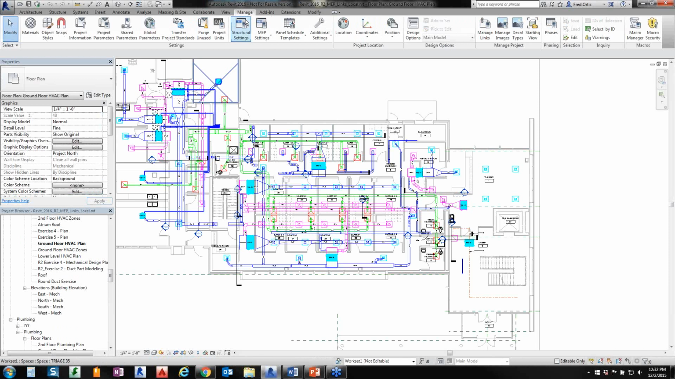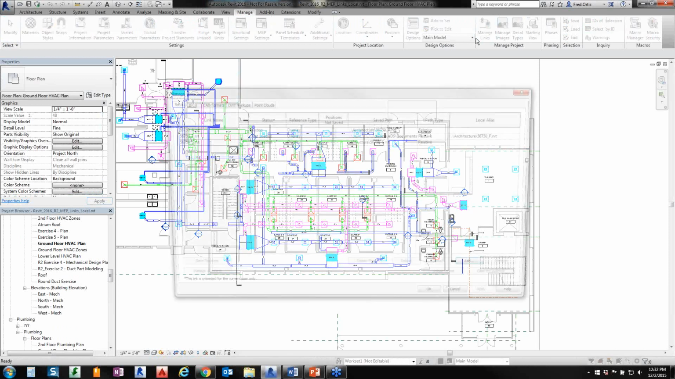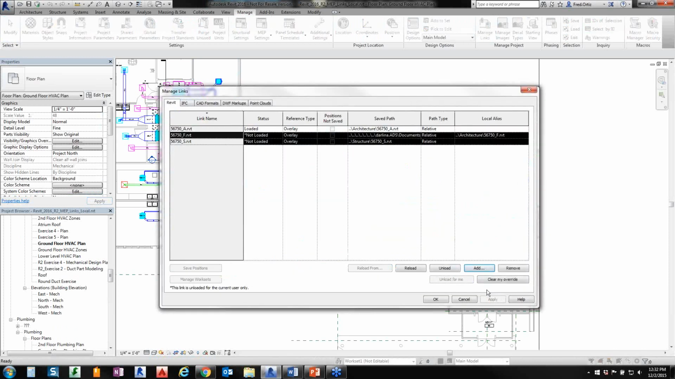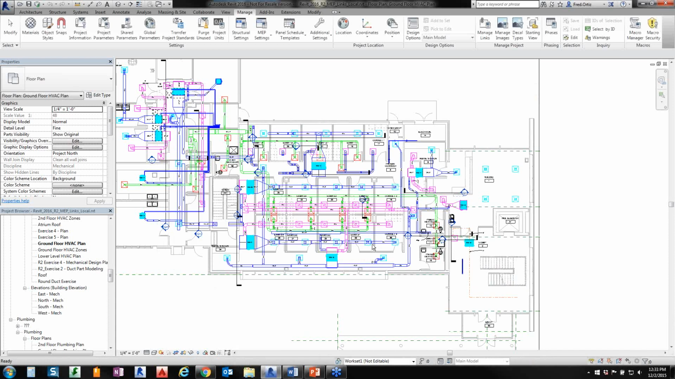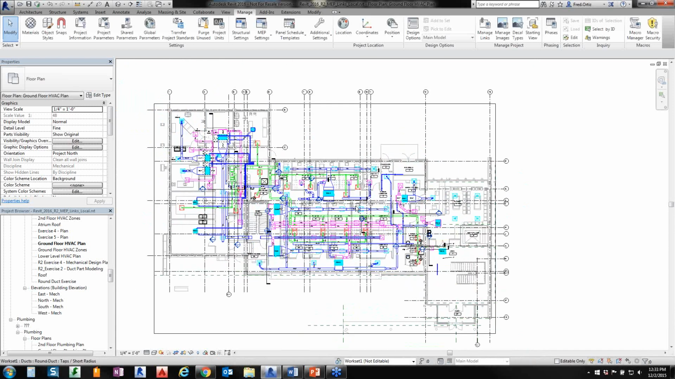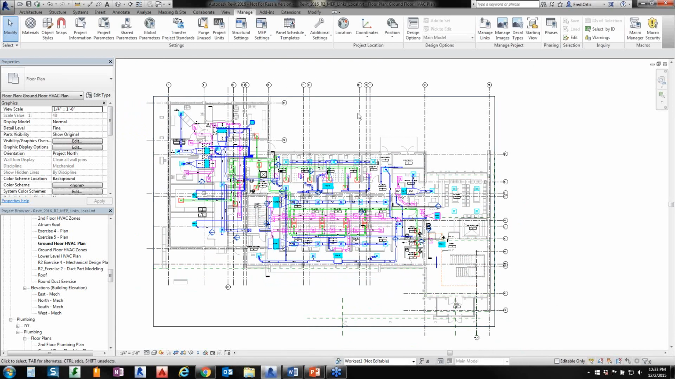All right, let's try it again. Let's go to my manage links right here. Select those two guys and clear my overrides. What this does is reload my links back to this drawing as I had them before. See, my furniture plan's back and my structural grids are back, and now I can save my drawing and